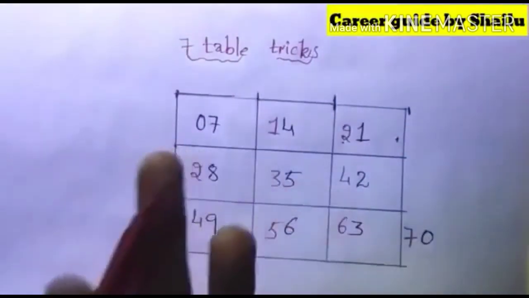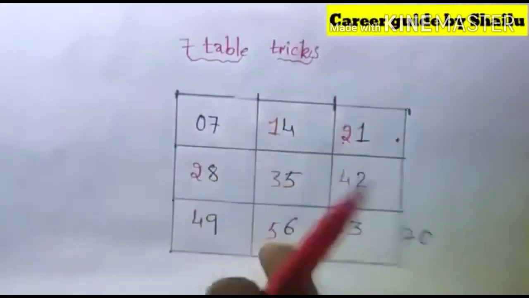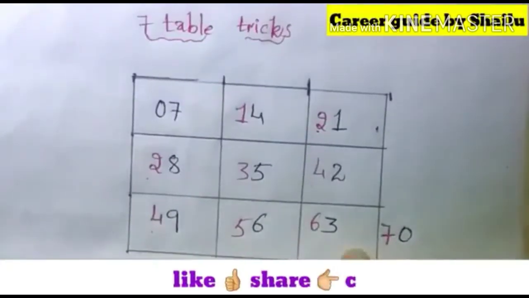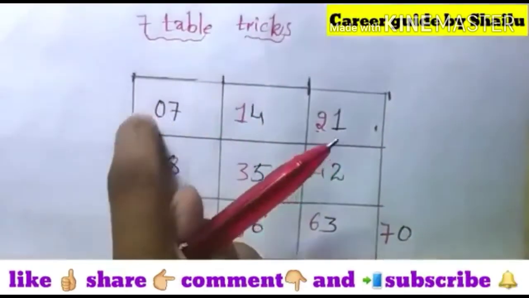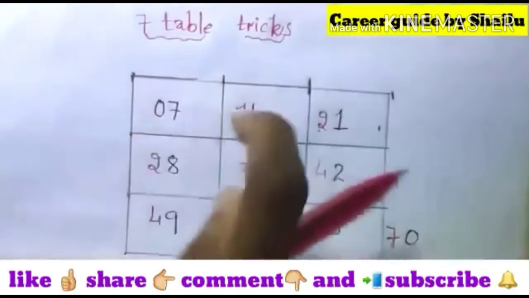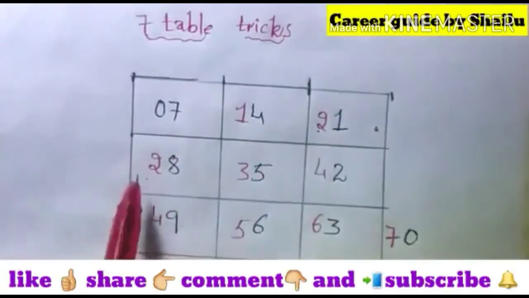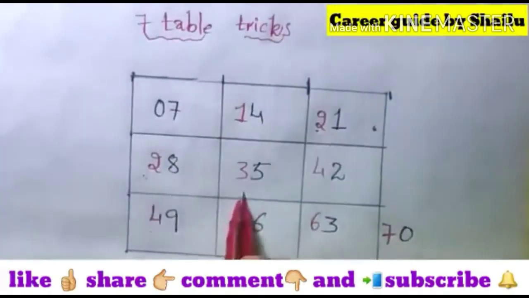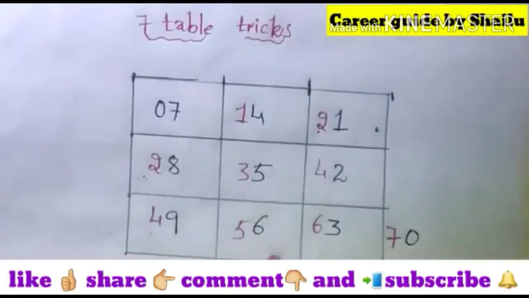So initially, once again I am explaining, initially we have to take in the ones place 1, 2, 3, 4, 5, 6, 7, 8, 9, and in the last, in the corner we have to take 0, and then in the top row tens place we take 0, 1 and 2, and then next in the middle row we have to take 2 because here the 2 ended, then 3 and 4. Next here 4 ended and we have to consider 4, 5, 6 and in the last 7.